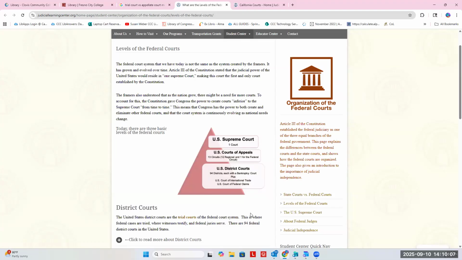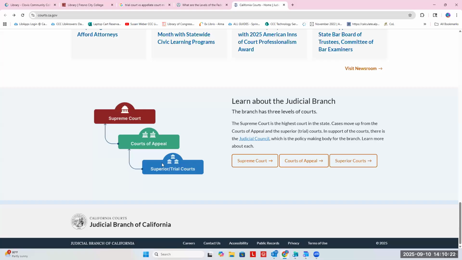So, two companies get really angry at each other about something, and they decide that they're upset enough about whatever the dispute is that they need a court to intervene and help them. Well, in that case, they're going to start in the federal system at a district court, in the state system at the superior trial court. And they're going to go to that trial court and ask the court to settle their dispute for them. Sometimes it's with the jury, sometimes it's with the judge, but either way, they're asking for the court to settle that dispute between them. And what the superior trial court is doing is settling a dispute between two people or two entities, or maybe multiple entities.